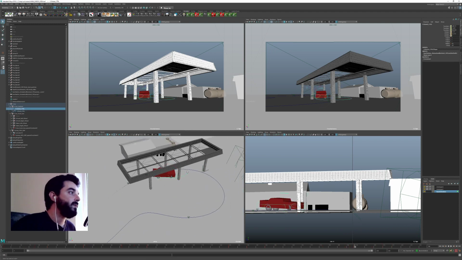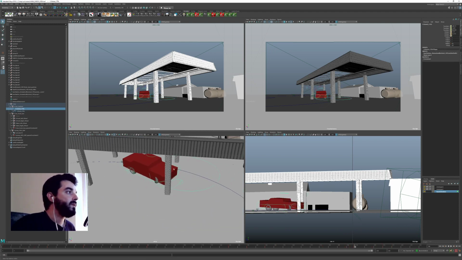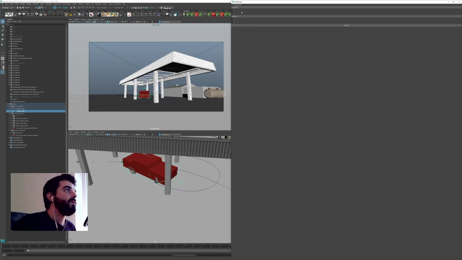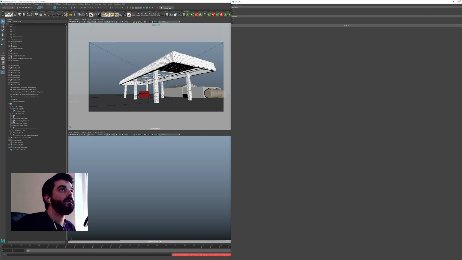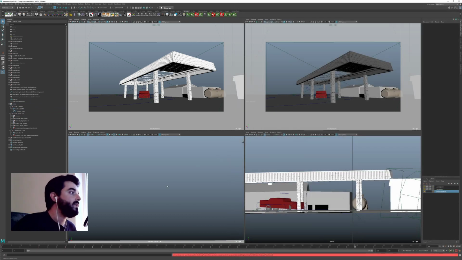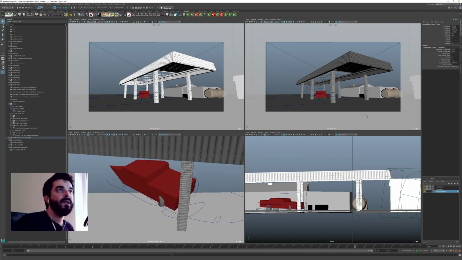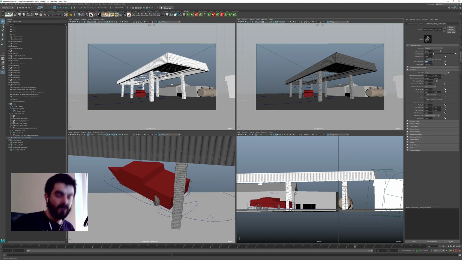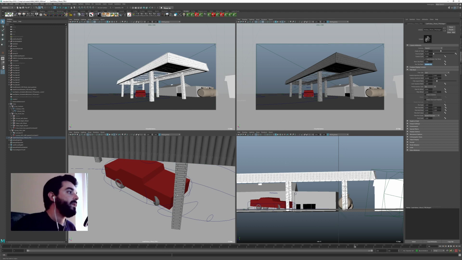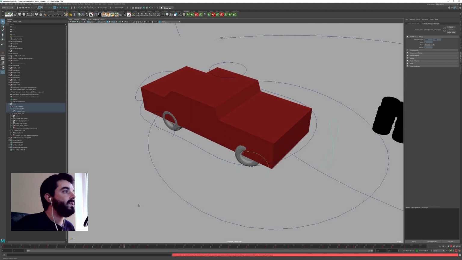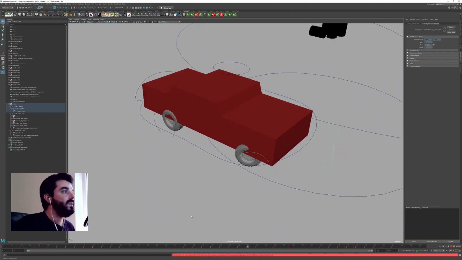So that's when the stalker cam really comes in handy, because what I could do with the stalker cam is grab the main controller of the car I'm using right now, call in the stalker cam, and stalk all channels. And now, hopefully, there you go. Here I have a problem with the far clipping plane in the camera, so I will grab the camera and just change the far clipping plane to a higher number. There you go. So now, from this angle, I can better appreciate what the car is doing and how the wheels are moving. You see they're a bit harsh in the way they